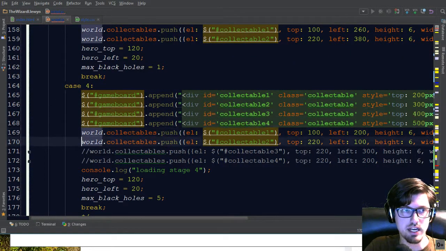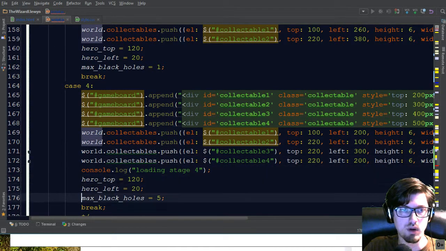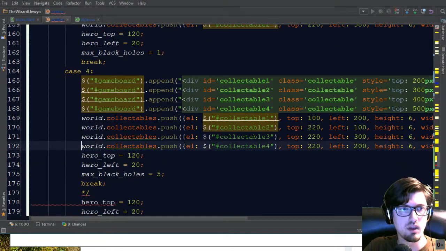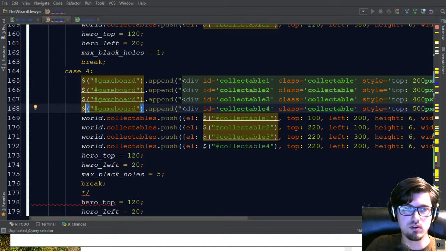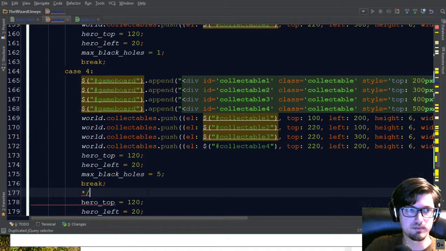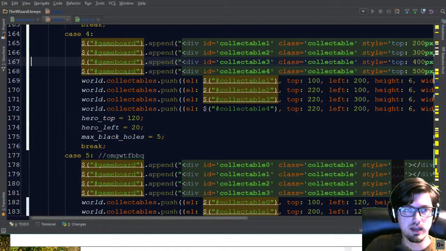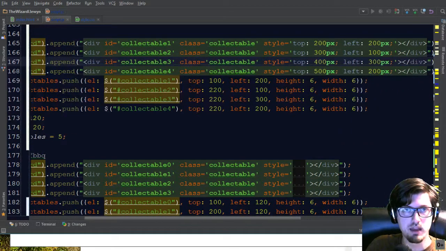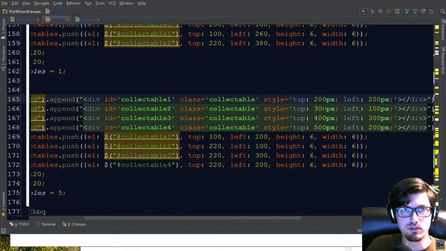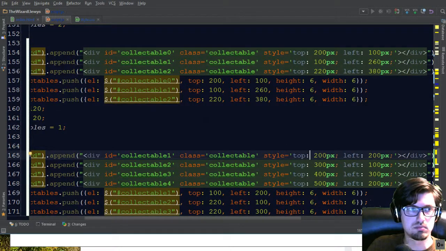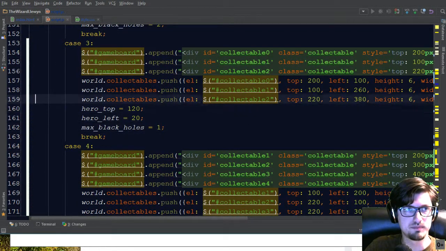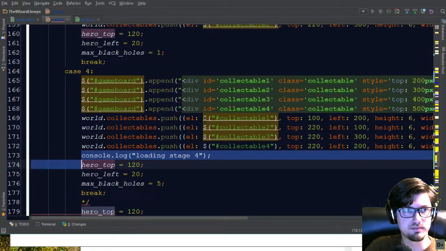The collision detection was working, but not where it was supposed to work. I have top 300, 200. Oop. I got rid of 0. Hold on.